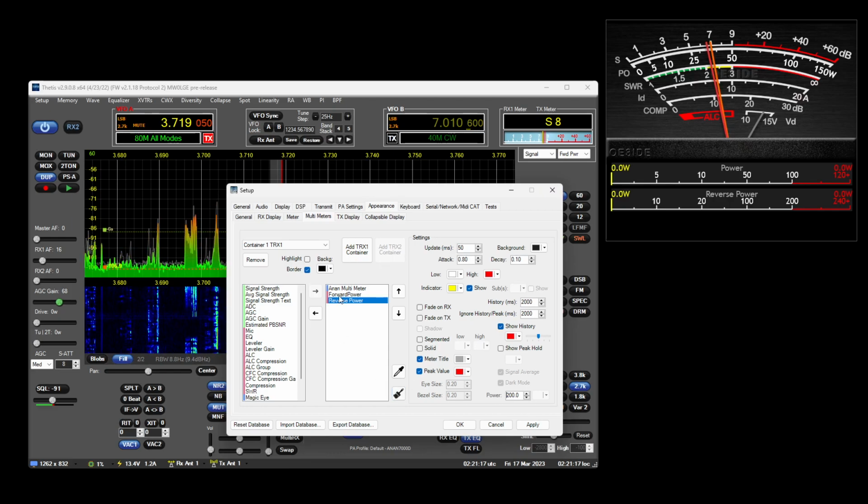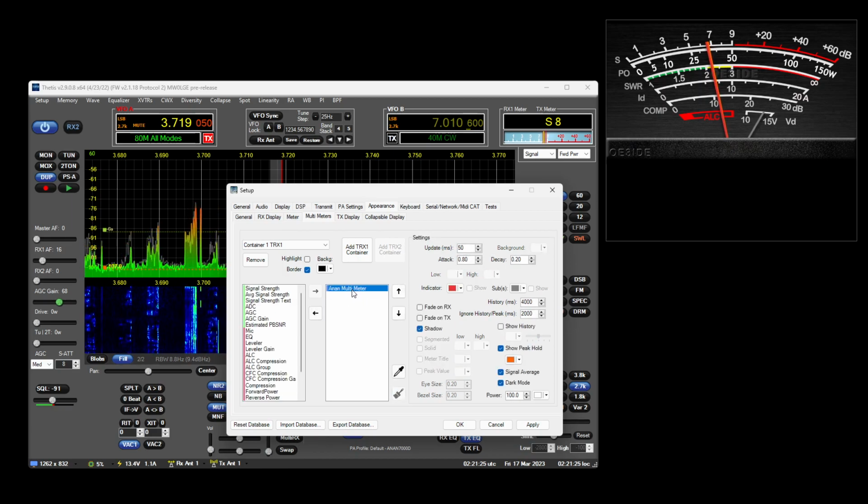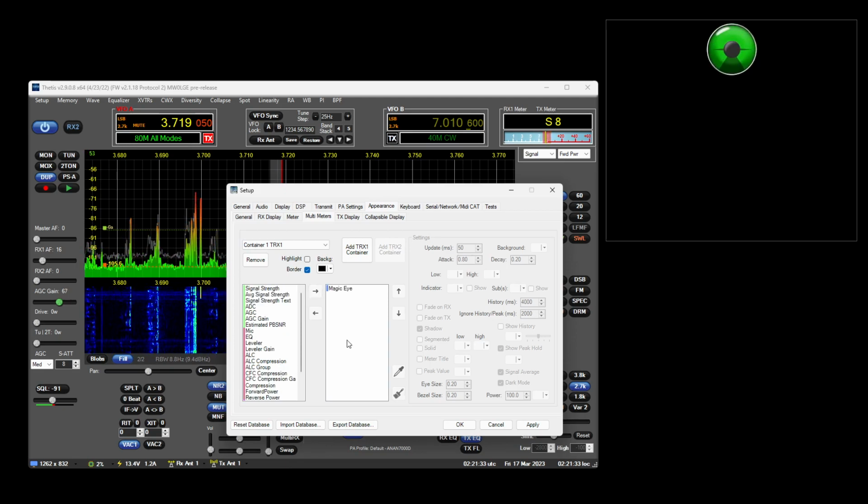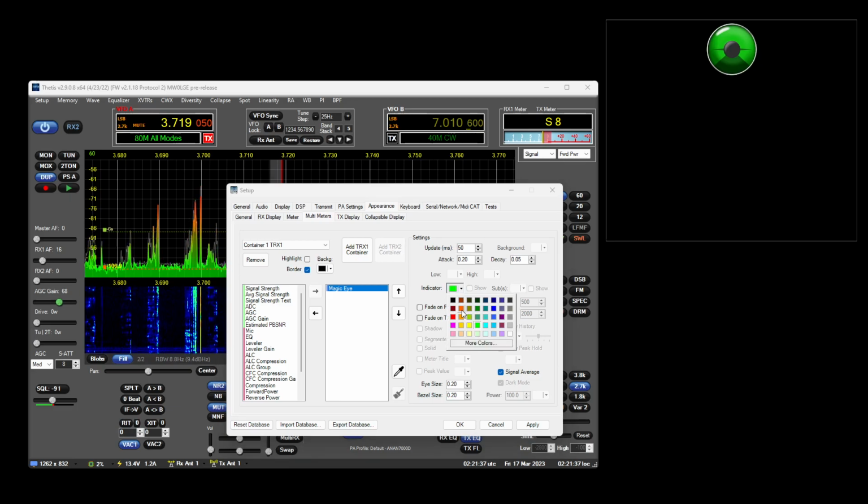Anyway, let's get back onto this. So we've had a look at this paste and copy and paste stuff. All the different meters we can do, of course. We've had a look at the VFO display. We haven't had a real look at the magic eye. Let's have a quick look at that. Can change the color of the eye,